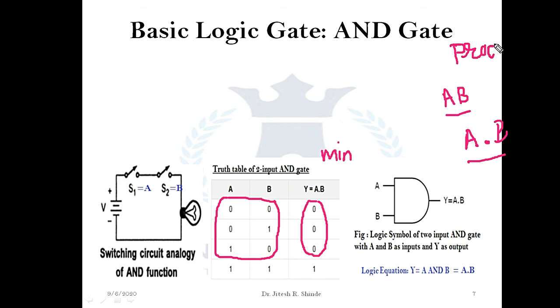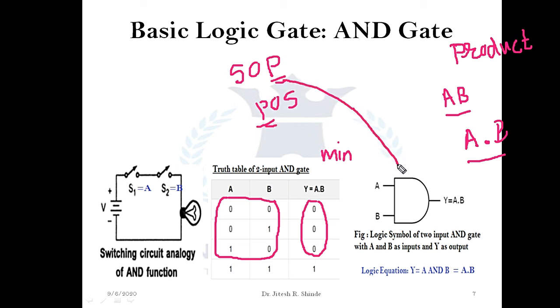This concept we shall be using in the SOP equation, that is, sum of product terms, or the product of sum terms. In the implementation of a Boolean function in SOP format or POS format, this P term is coming. So how is this product term implemented in hardware? From this analysis we can say that it will be implemented by means of the AND gate.